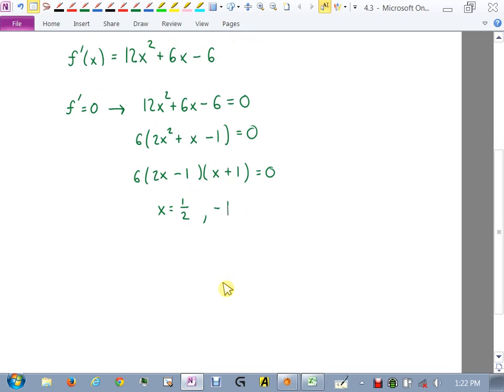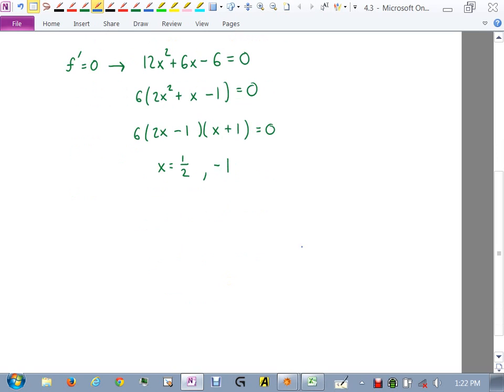So what I'm going to do now is draw a number line. I'm going to put these 2 points on my number line, making sure I put them in the appropriate order. What that does is that partitions the number line into 3 regions, right? So what I'd like to do now is figure out what's happening in each of these 3